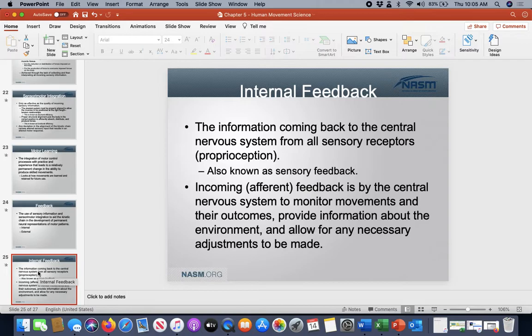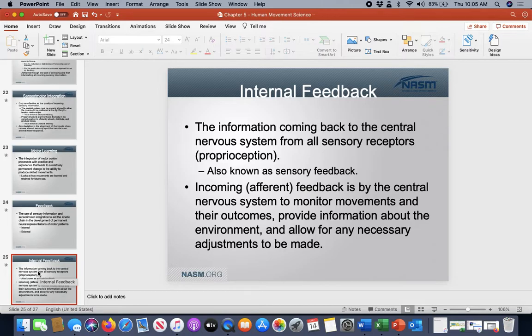for whatever the environment is. Meaning, are you going from a run and then immediately into a few power cleans, like if you were doing a CrossFit style workout, or are you going from a bench press right into a push-up? Well, there are different positioning effects of that. The internal feedback will allow you to sense the change in the environment and then make the right